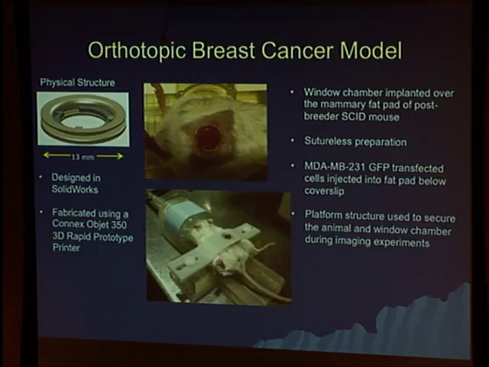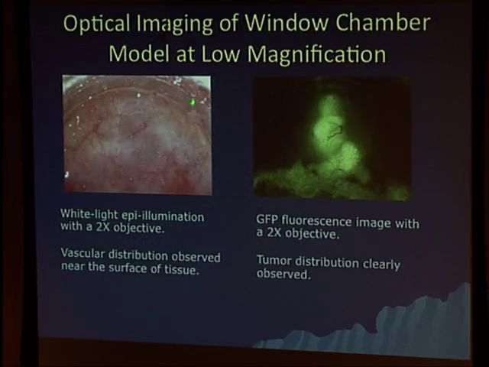So we can insert human, this is a SCID mouse, so it's a severely immune compromised mouse that is able to support growth of a human cell line. And so this is implanted under the skin, or the skin is taken away and this is implanted in there. So we have, again, the window chamber on the inside to be able to visualize the mammary gland. So this was built with the Connex 3D printer system that's over in the radiology research area that the CGRI people help support.